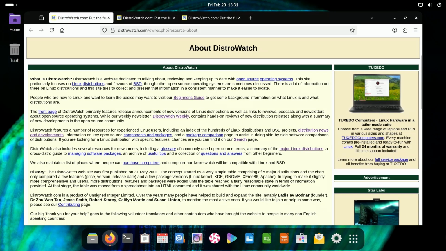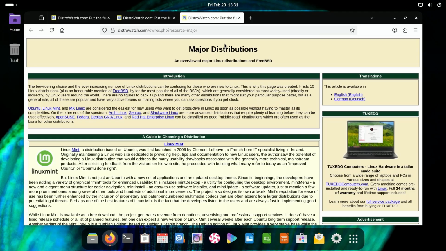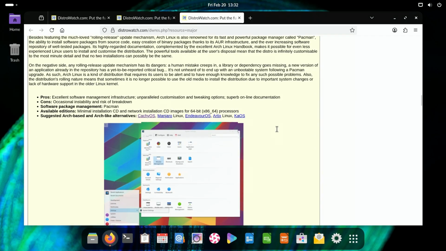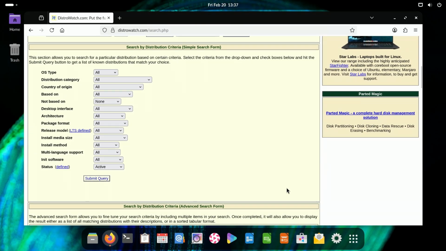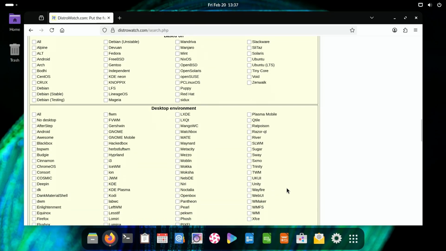If you have never heard of DistroWatch, here is what you need to know. DistroWatch is a website dedicated to free and open source operating systems. It primarily features Linux and tracks every major distro, listing their release announcements and providing detailed information on each one. However, the real magic of DistroWatch is hidden in its search page, a tool that allows you to filter distributions